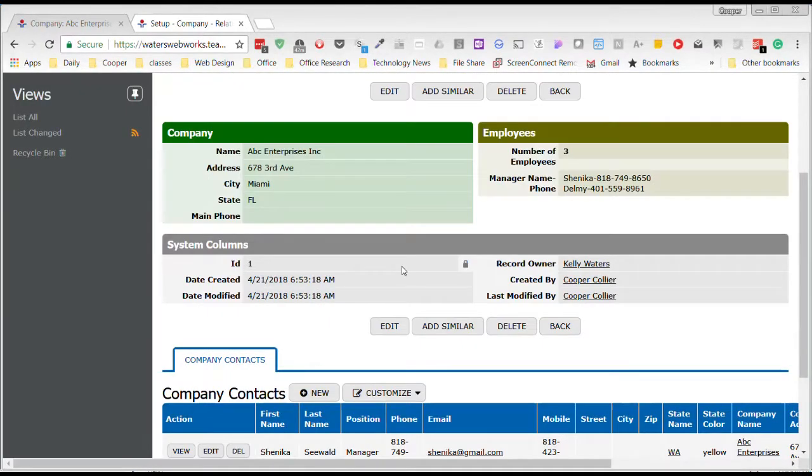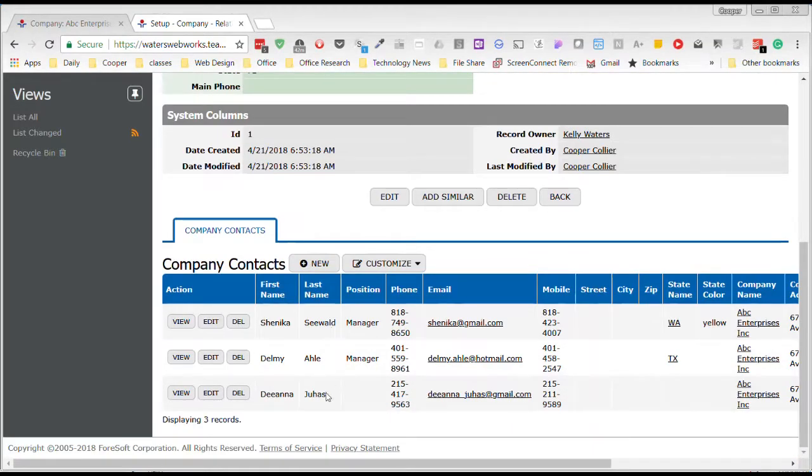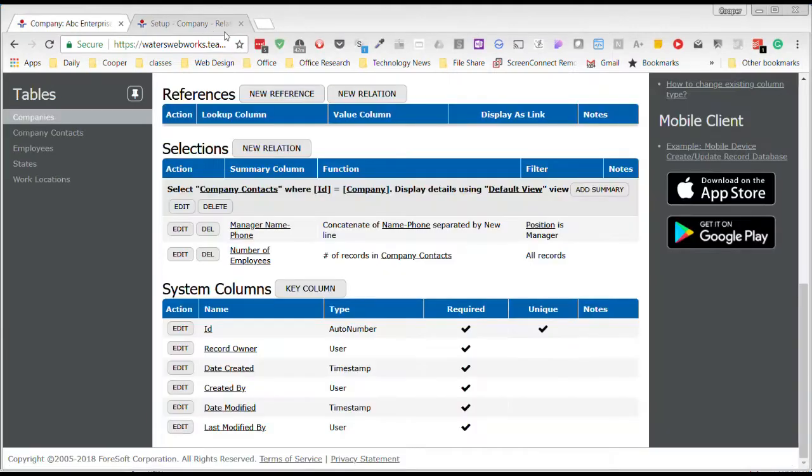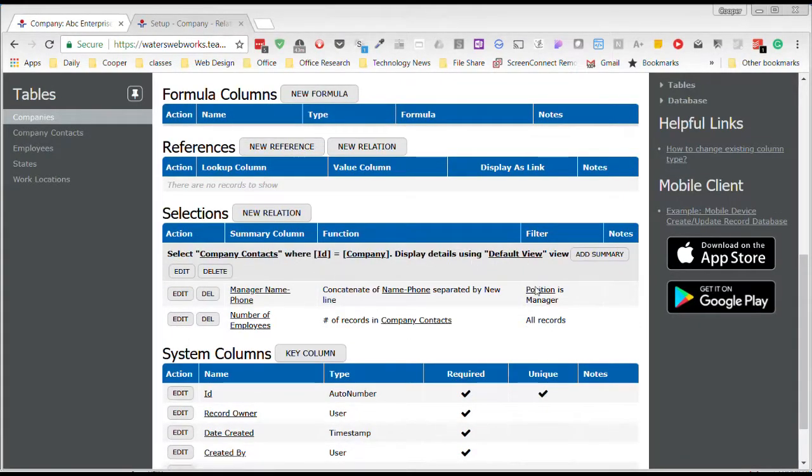Okay. Boom. We had 3 employees, and now we put only the managers' names up here instead of everyone. Very nice feature. So we can do that with summaries. There's a few other things we can do with summaries. If we pick another summary,